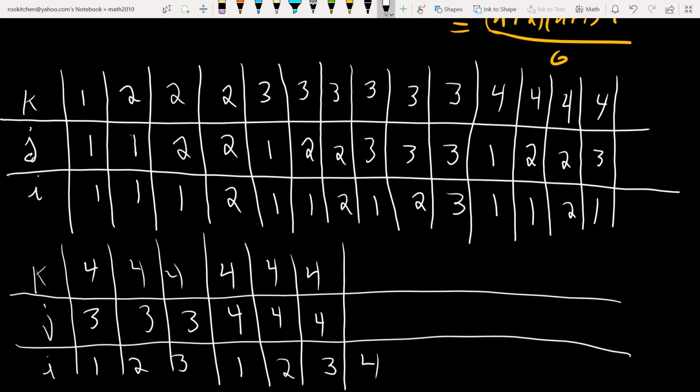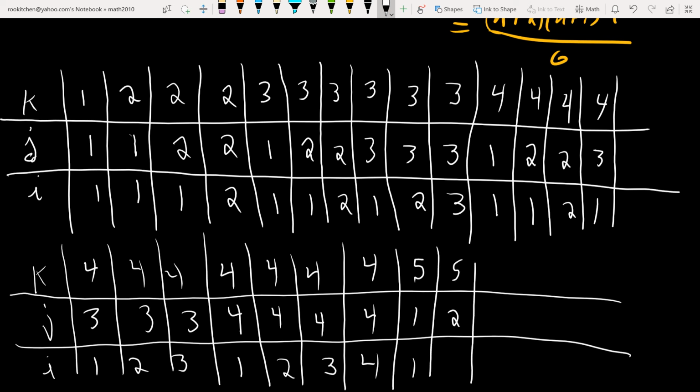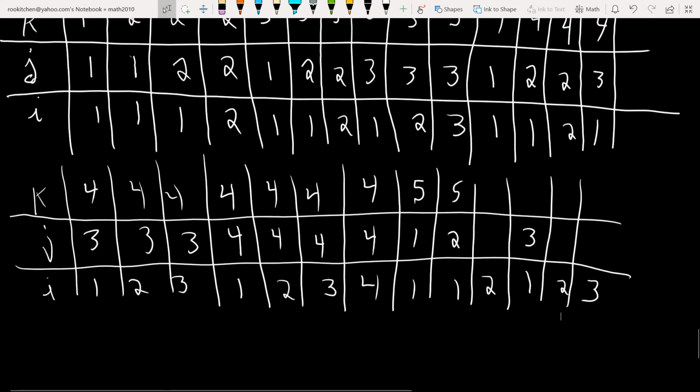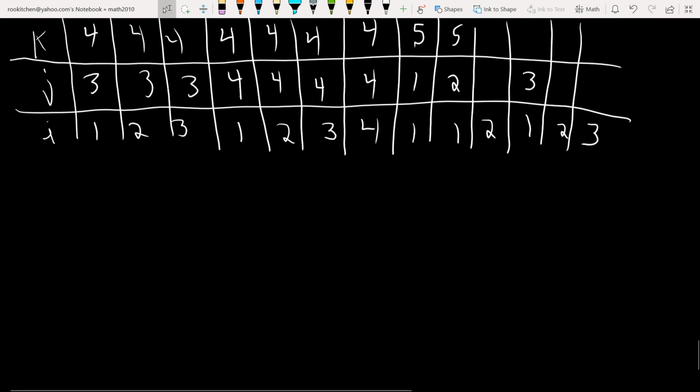And then finally it gets up to 4, and now everybody is up to the maximum, and I have to go to the next K value, right? So 5, these get reset, and I'll have to go from 1 to 1, and then J will go to 2, and I will go from 1 to 2, and then J will go to 3, and then I will go from 1 to 3, etc. And so what's happening is you're enumerating the multi-set for that particular case,